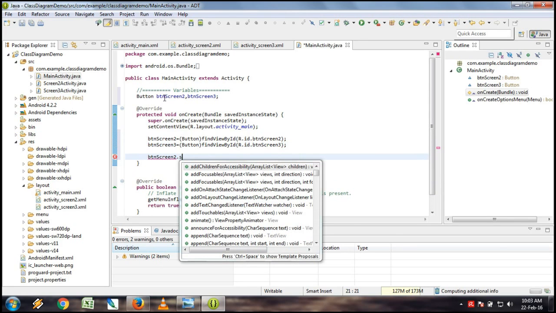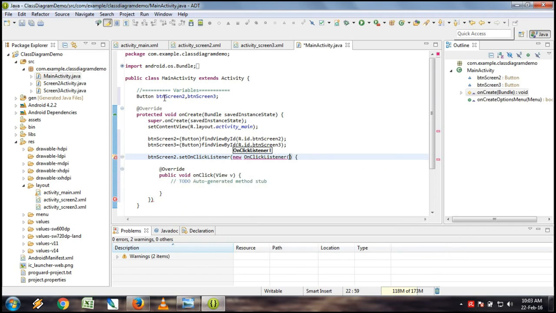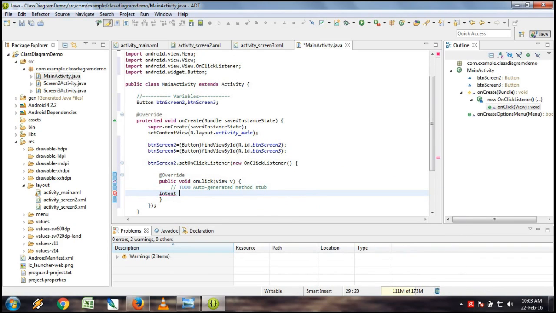the listener for screen 2, btnScreen2.setOnClickListener, and then new OnClickListener. Last, you can press Ctrl Shift O, it will import the classes, and semicolon. Same, we have to make one intent